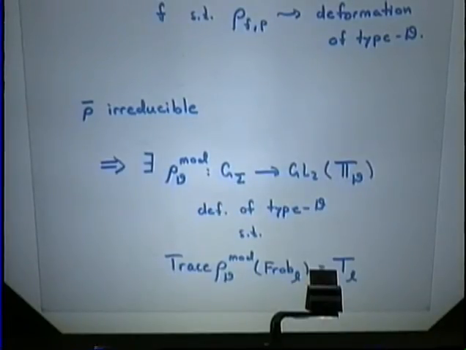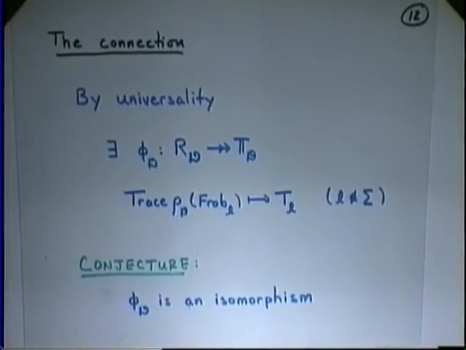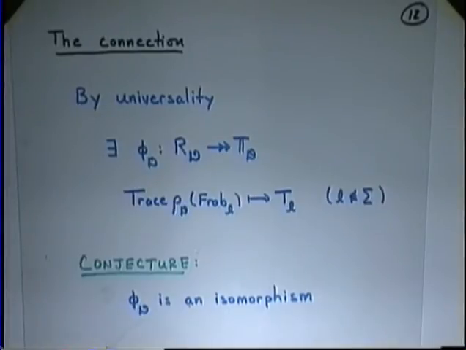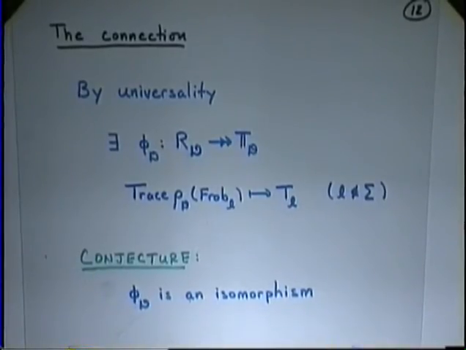So here's the connection between the two things. The universality then, since we have this deformation of type D into TD, gives us a map from RD into TD, into this Hecke ring, which turns out to be surjective. The trace of the Frobenius is now going to map to the Hecke operator T sub L, at least for primes away from those in our set sigma where we're allowing ramification. And then the conjecture would be that this map is an isomorphism, so that this Hecke ring really is the